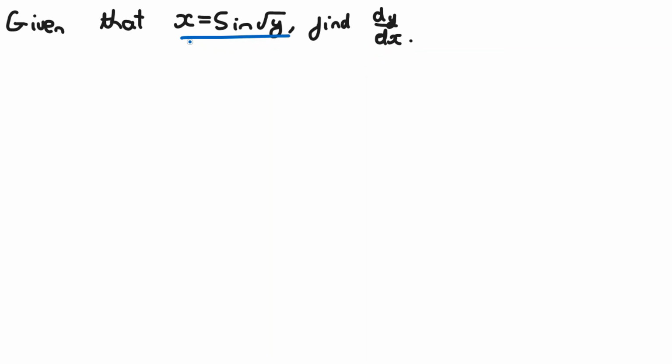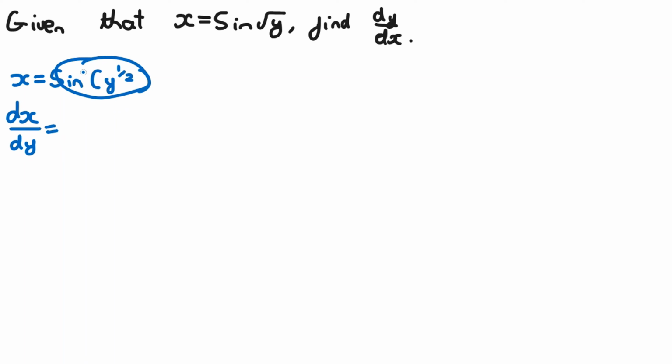So this here, with x being the subject, we can find dx over dy. I'm going to rewrite this using the indices law of y to the power of a half instead of root y, because this is a lot easier to differentiate. So therefore we can find dx over dy, and if we differentiate this, we're going to need to use the chain rule, with the inner function being y to the power of a half and the outer function being this